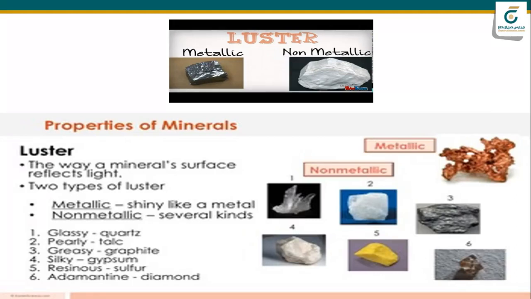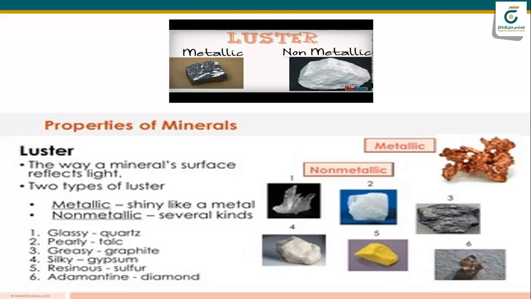If you focus more and more, if you put these metals in front of the sunlight, you will see that this metal has the ability to reflect the light. Also, minerals have the same property. But not all minerals have the ability to reflect the light. Another type of mineral has a non-metallic surface. So the non-metallic surface didn't reflect the light of any